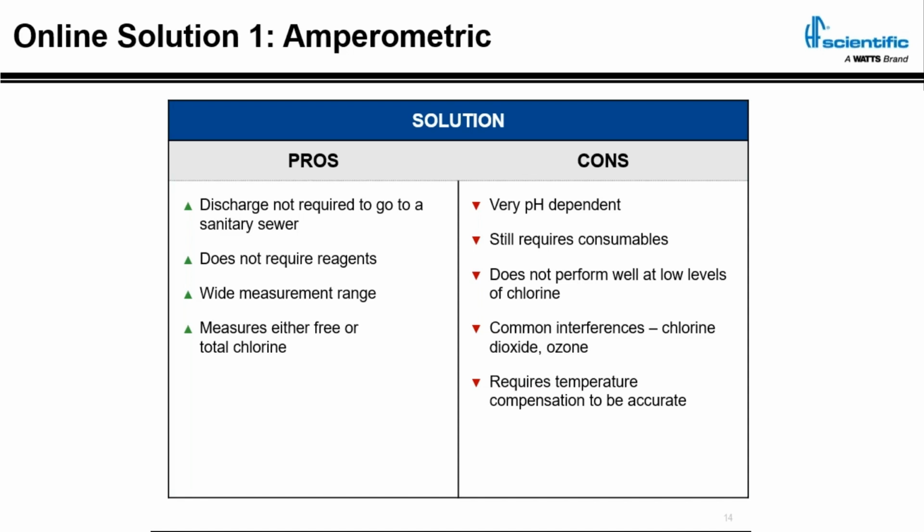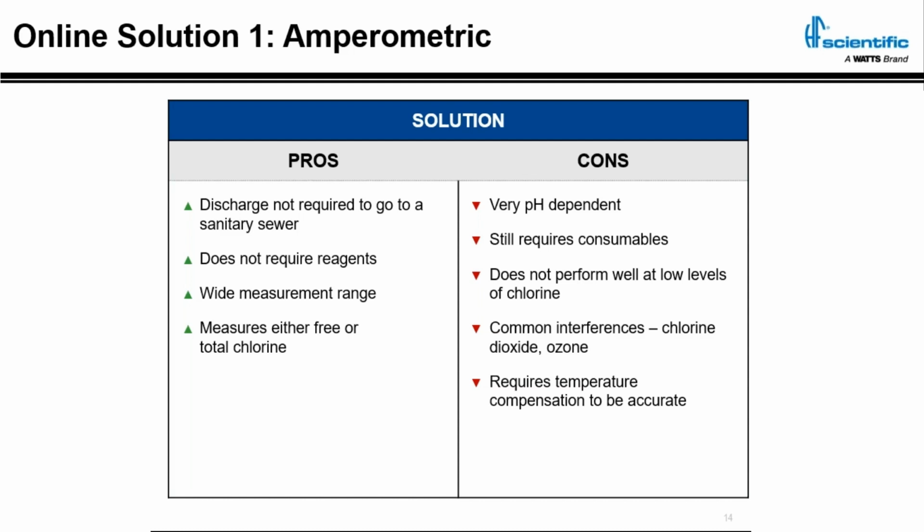The amperometric sensor was EPA approved in the early 2000s, and the drinking water industry swung strongly in the direction of amperometric measurement, perhaps without fully understanding the technology behind the analysis to look at it and say, does this really fit my sample? Because it came out and it was, oh, it's reagentless. You don't have to use reagents. You can dispose of your sample anywhere. It's going to work great in all applications. And we kind of found out over the years that really hasn't been the case, and there are some challenges